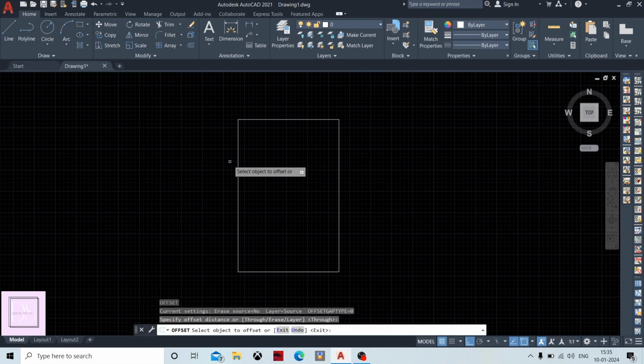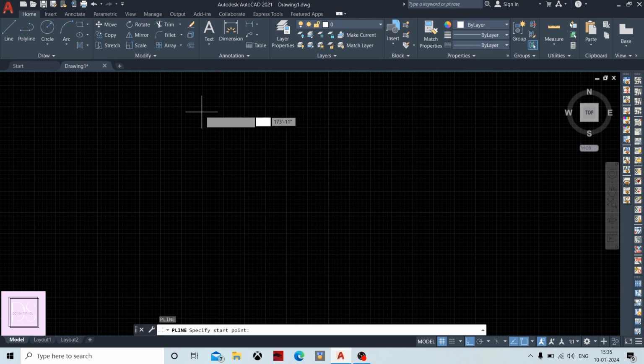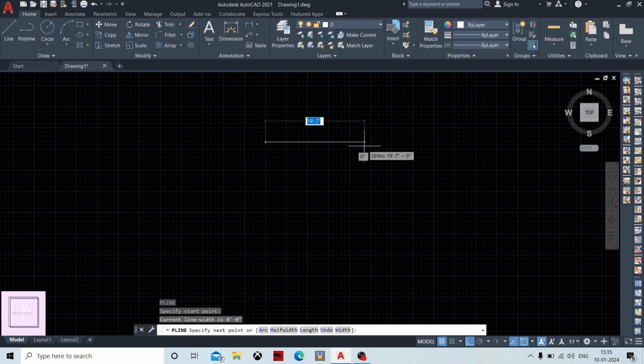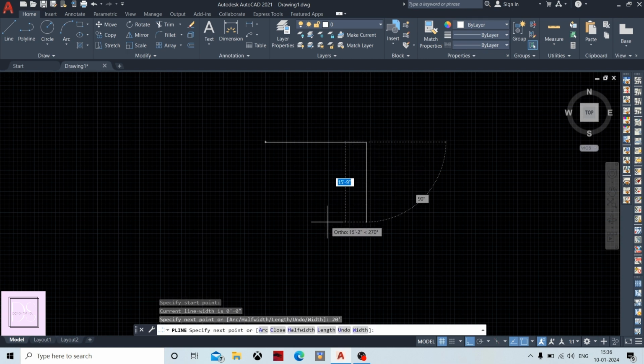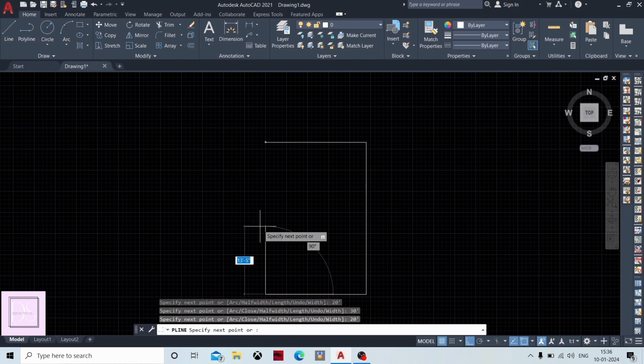Now click O, enter, that is offset. We are drawing the walls. The wall thickness is 4 inches. As we have drawn the line, when we go to offset, we need to give all the